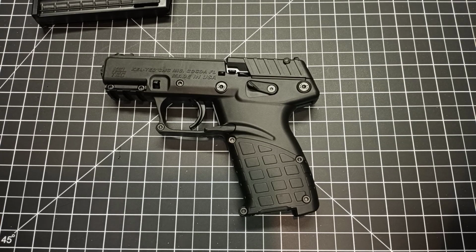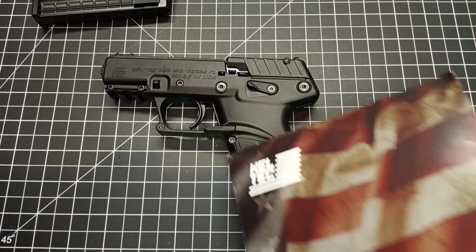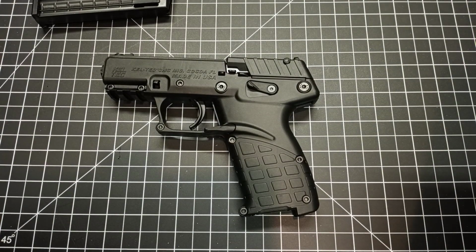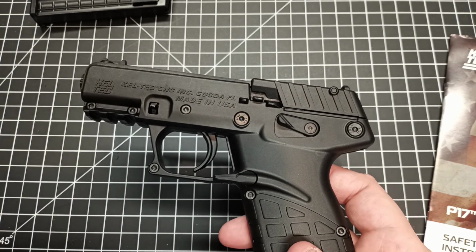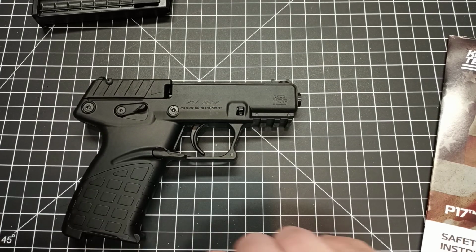Now, it's an ugly looking gun. Look at all these bolts. I mean, they should call this the Kel-Tec Hex because of all those hex bolts. I mean, it's really something, and it's funny that they call it Kel-Tec CNC Incorporated. You would think they'd have these metal guns, but they just don't. But yeah, there's a lot of